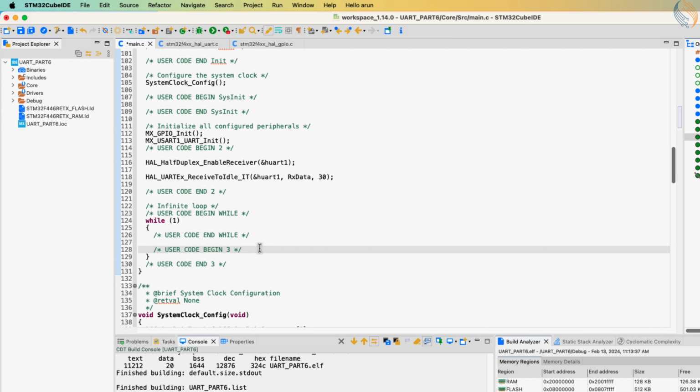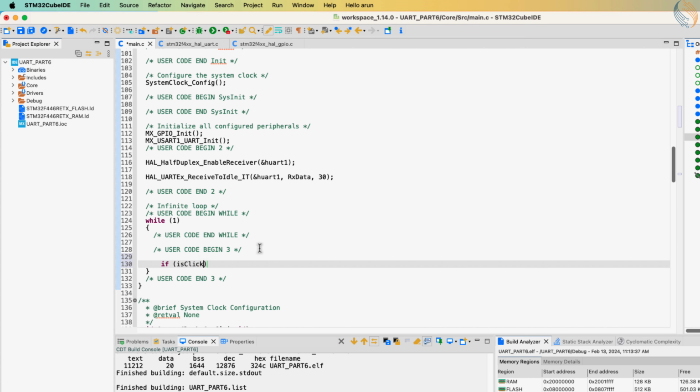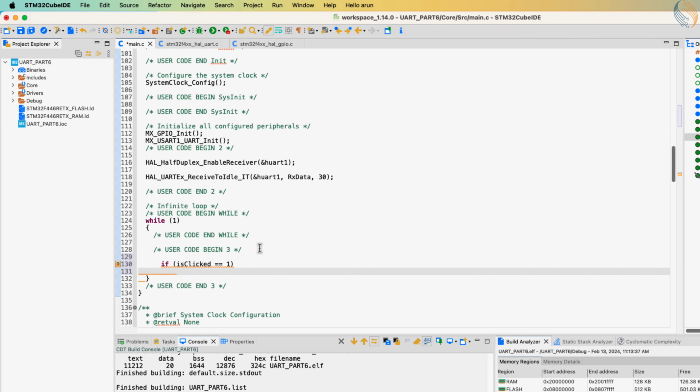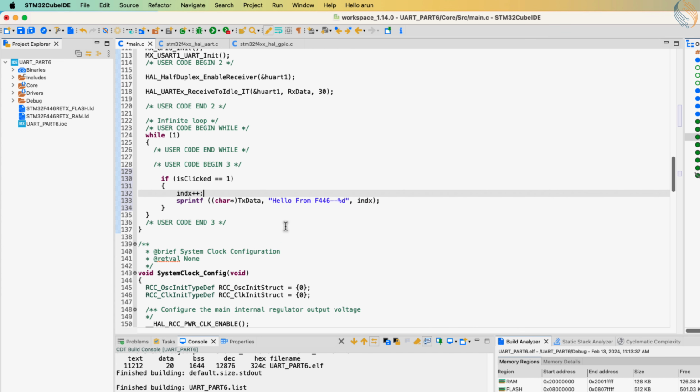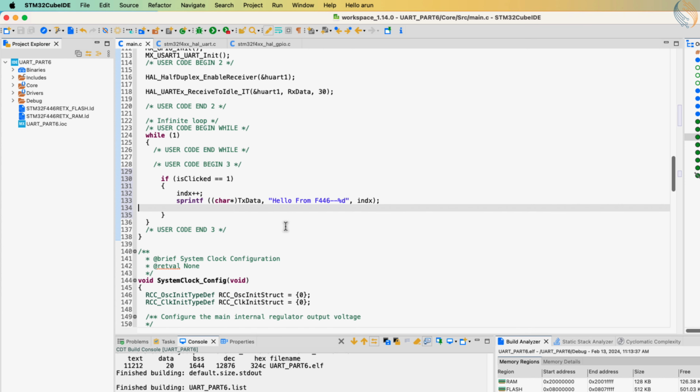Inside the while loop, we will again check the value of the isClicked variable. If the variable is 1, that means the button is pressed, and we need to send the data. We will prepare the data first. Basically we will copy this string, along with the value of the index variable to the TX data buffer. Each time the button is pressed, the index variable will increment, so that there will always be new data to